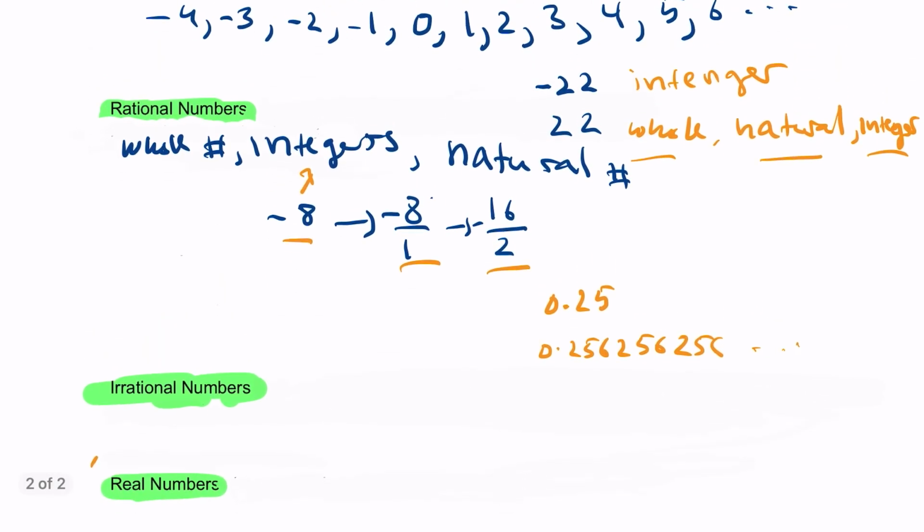Let's look at irrational numbers. Irrational numbers are numbers that cannot be rational numbers. All numbers that are not rational numbers are irrational numbers. If those numbers have a terminal end or a repeating decimal, they are not irrational numbers, they are rational numbers. But if those numbers keep going and there is no repeat of the numbers, then that number is an irrational number. It continues going, but it's not repeating.